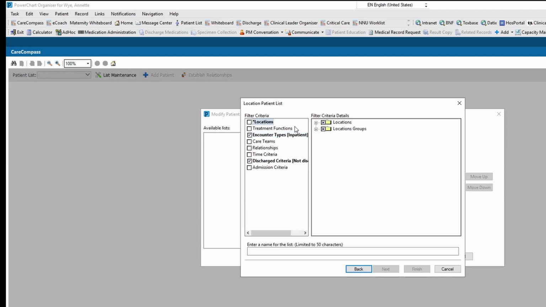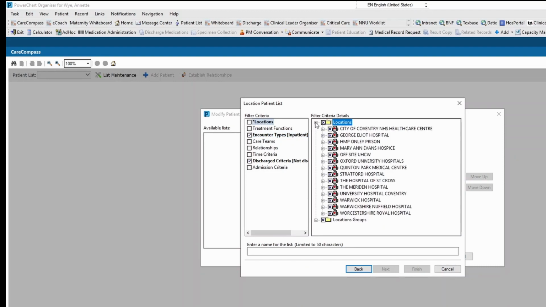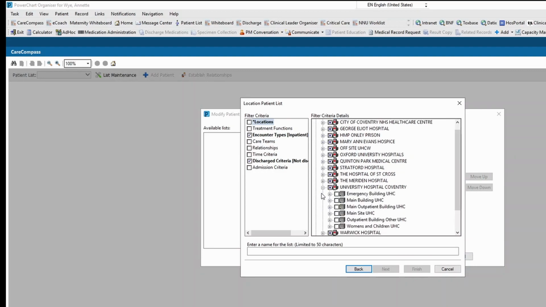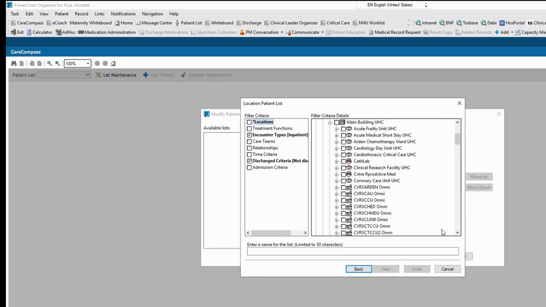You then go to your location, and using the small plus side, you want to find the hospital that you work in. For this one, I'm going to use University Hospitals Coventry. You want to choose the building that you work in, so I'm going to choose the main buildings. I'm going to go to an adult ward, and then you want to find the ward that you are working on. So for the purpose of today's demo, I'm going to choose